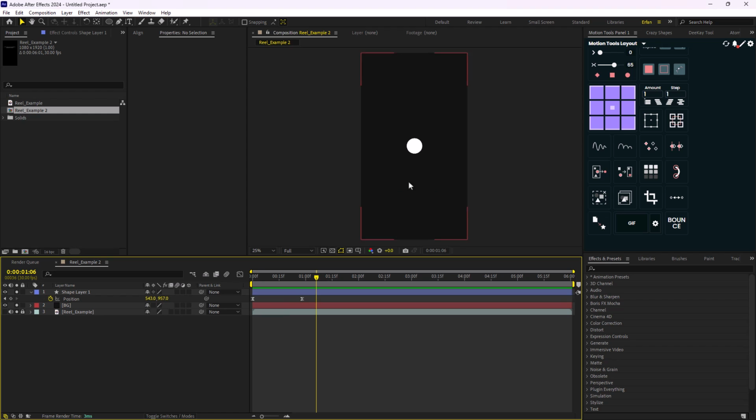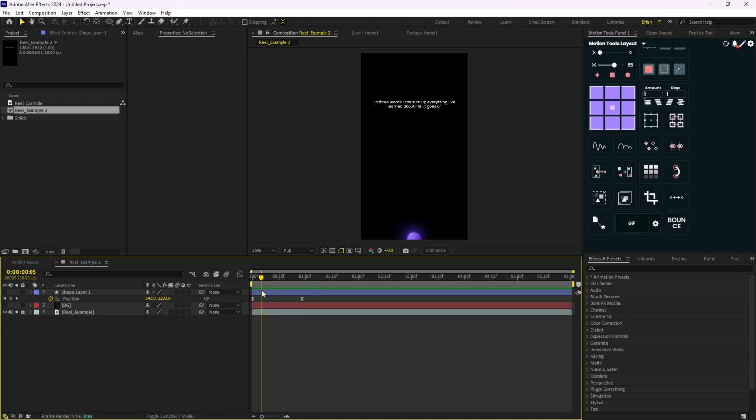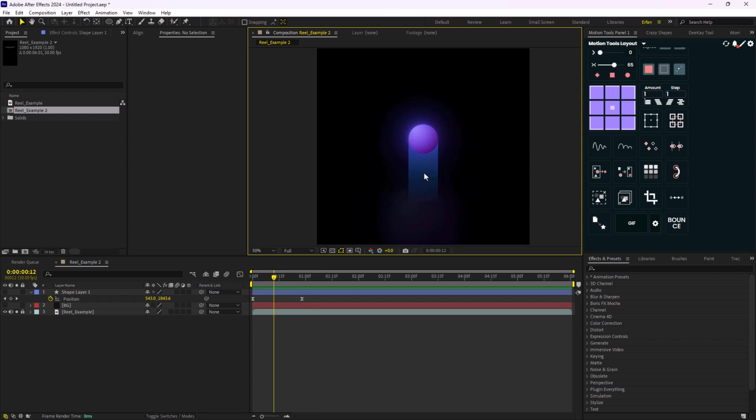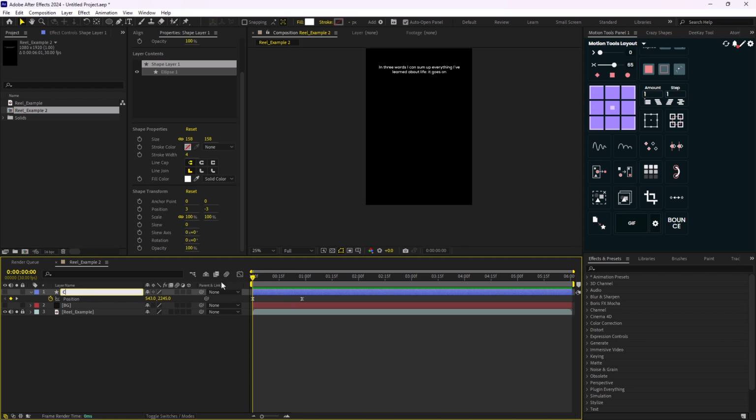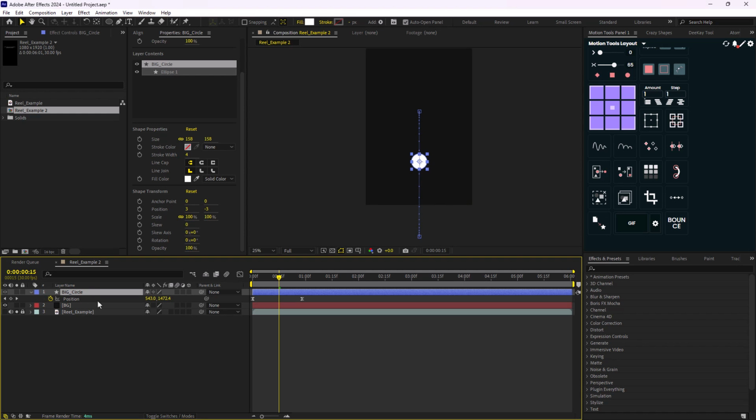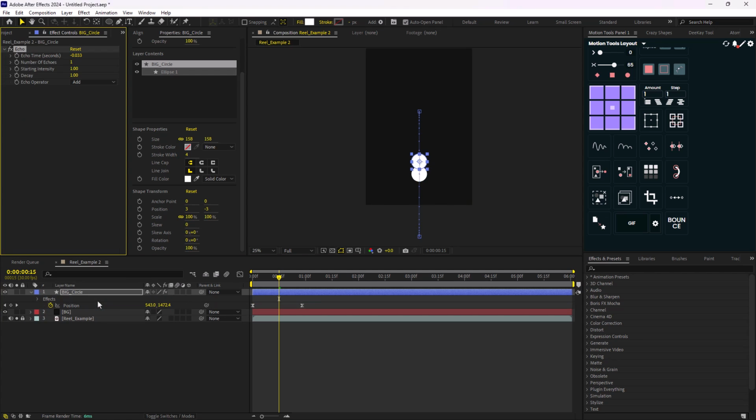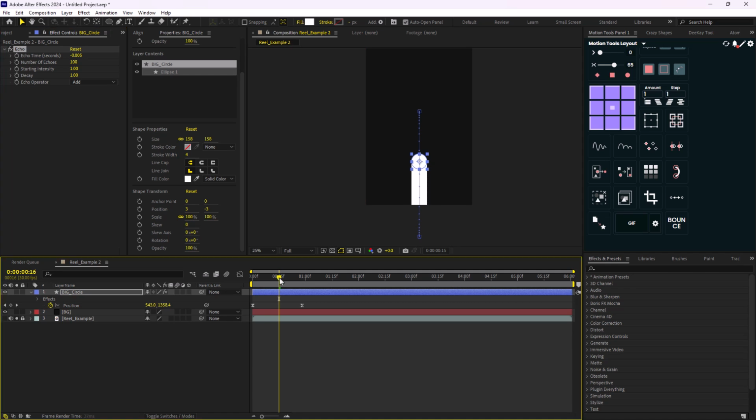Alright, that's good. Now, as you see in the real example, there is a trail that is following the original layer. To do that, I'm just going to rename it to big circle, and then add the echo effect. The first thing we are going to do is increase the number of copies to 100. And then we are going to change the echo time to -0.005. So we will have this trail,